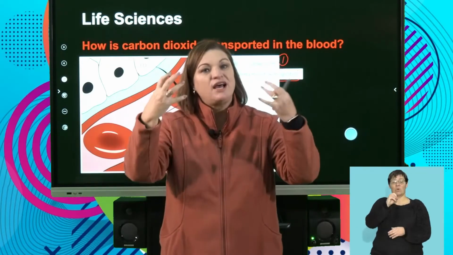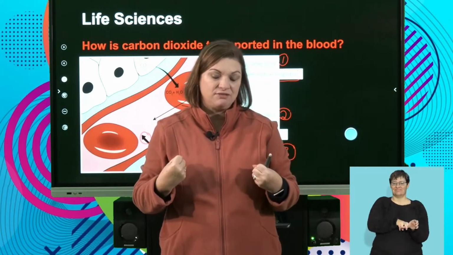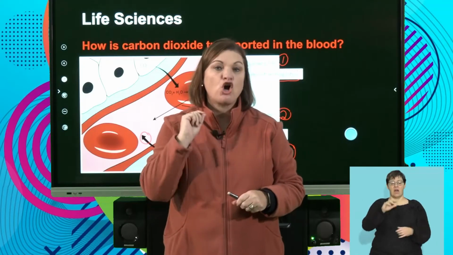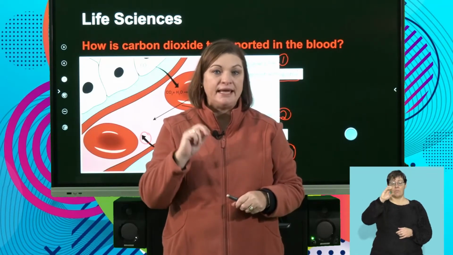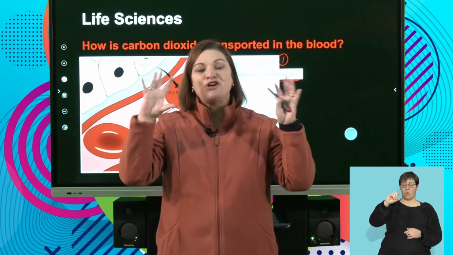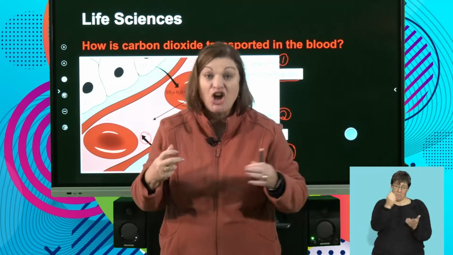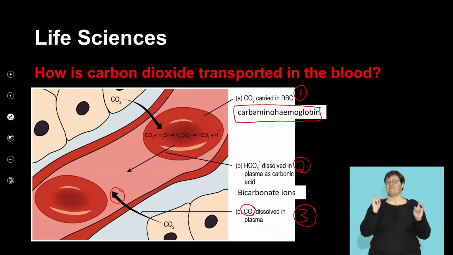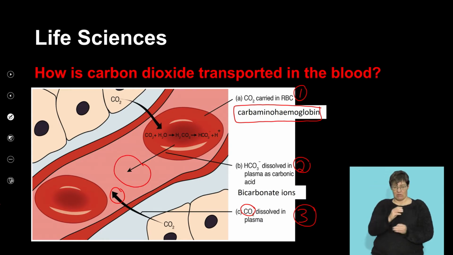Carbon dioxide also joins with a part of the hemoglobin. Listen to this lovely long word. Carbaminohemoglobin. And you have to be able to spell it. So how's carbon dioxide traveled? Carbaminohemoglobin. Lovely big word. Now the next way, right, in which the carbon dioxide travels, and this is actually most of it, about 65%, is